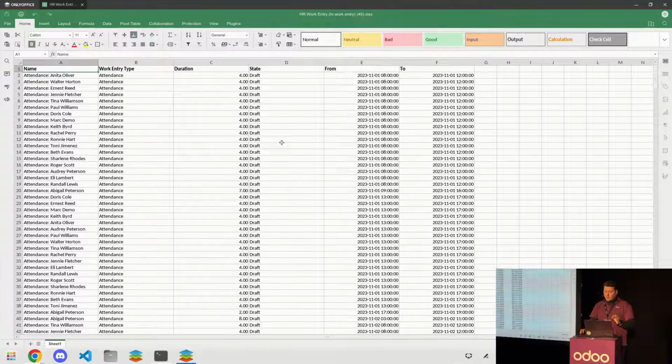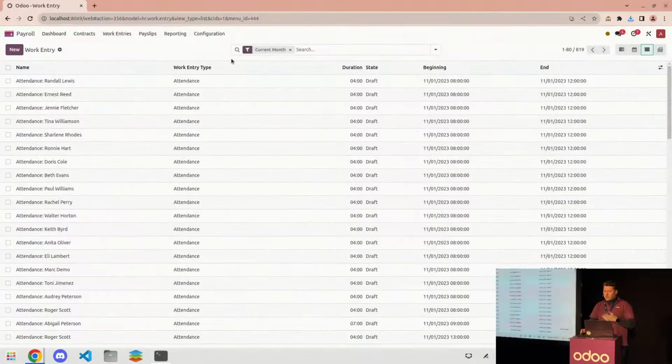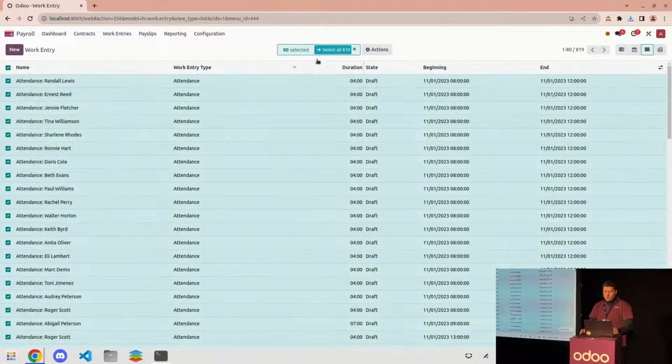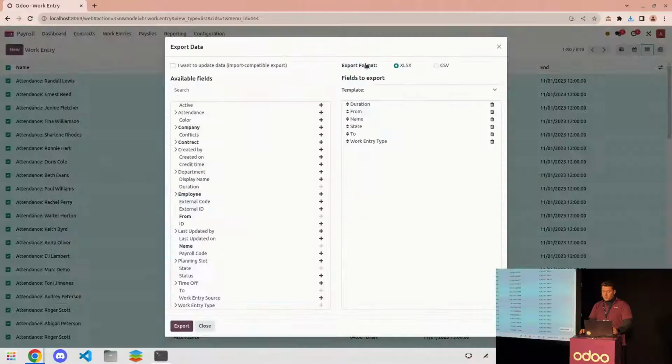This is not formatted yet. Remember the external code that I talked about earlier? You will have the possibility to format your Excel file in order to meet the standards of your external provider. In order to do that, you can check all the work entries for this particular month, click Action, Export, and